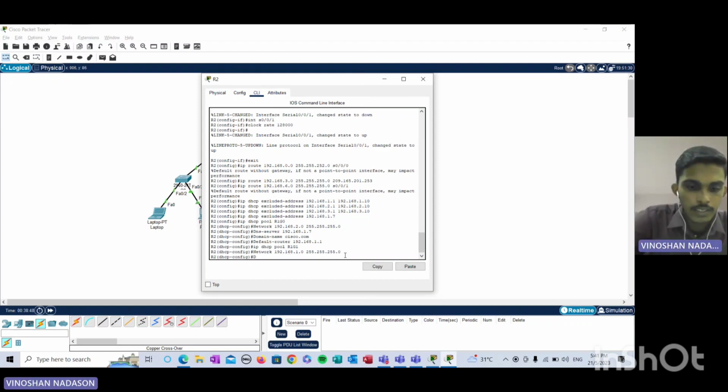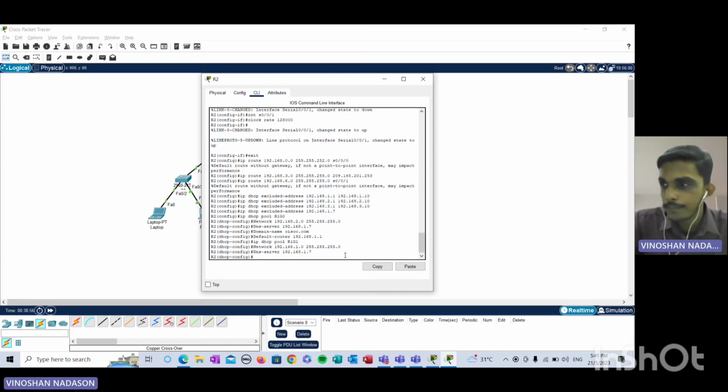Okay, and then the DNS server, which is 192.168.1.7, and then domain name, which is cisco.com,